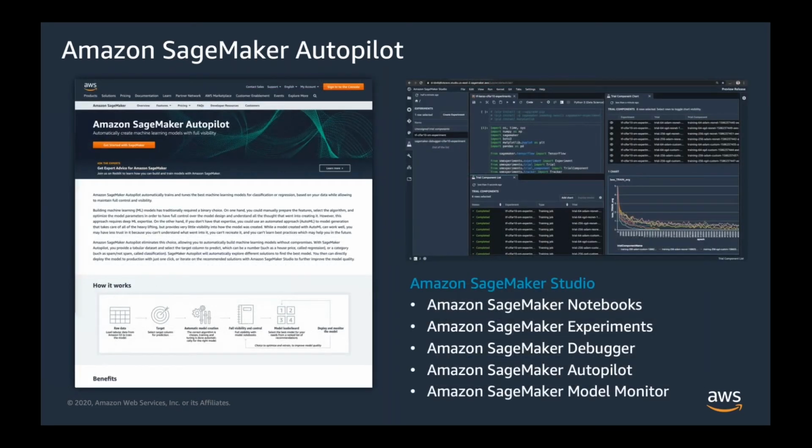So you can see an example of Autopilot over here. On the left-hand side, you see how Autopilot looks like in the console for AWS. On the right-hand side over here, you're taking a look at a window that's called SageMaker Studio. So SageMaker Studio is a single pane of glass that has all the different aspects of training your machine learning model in one place, right? So essentially, this is just like a souped-up Jupyter notebook, and this is where we also play around with Autopilot